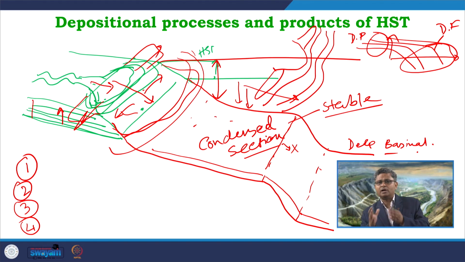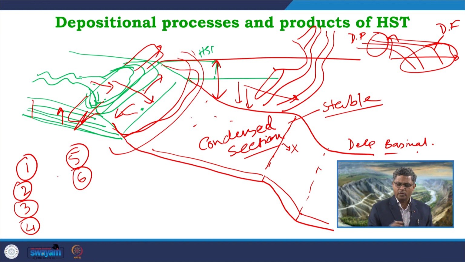Now, as we are moving into the relatively deeper part, starting from the offshore onward, it is a very stable condition, very low energy condition, and that results in deposition of pelagic and hemipelagic mud dominantly. That is characteristic 5. And the final one, we get a very stable shelf edge condition, and that stability in the shelf edge reduces the supply of coarser clastics into the deeper part. In fact, it stops the supply of coarser clastics into the deep basinal area, and as a result of that, deep basinal area is also very stable, and there also we get deposition of mud.